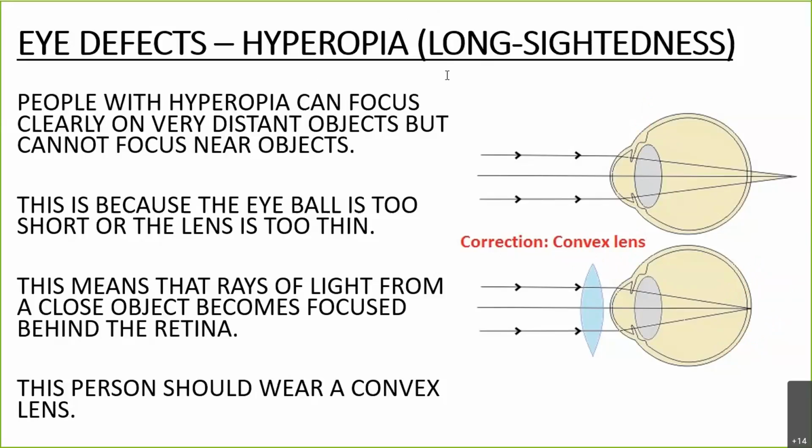All right. So that's the first type of eye defect, long-sightedness. So let's talk about the other,